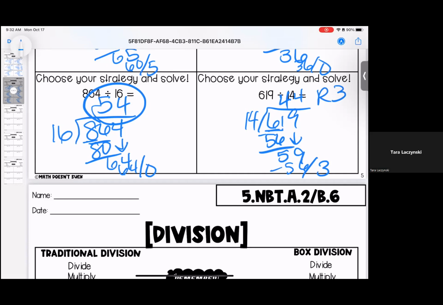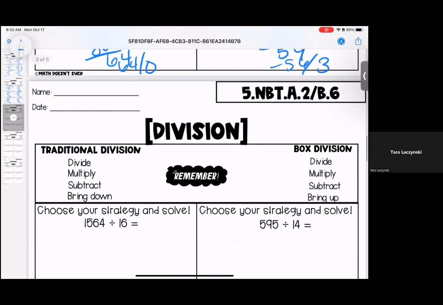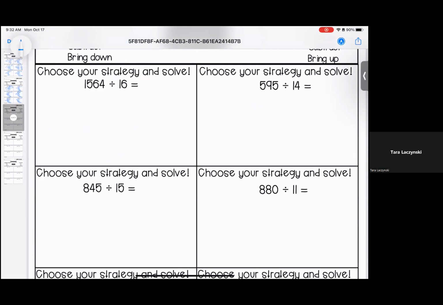That is the end of page 2. Go ahead and stop here if that is as far as you've gotten. If you are ready for page 3, hang tight because here it comes. First one on page 3 is